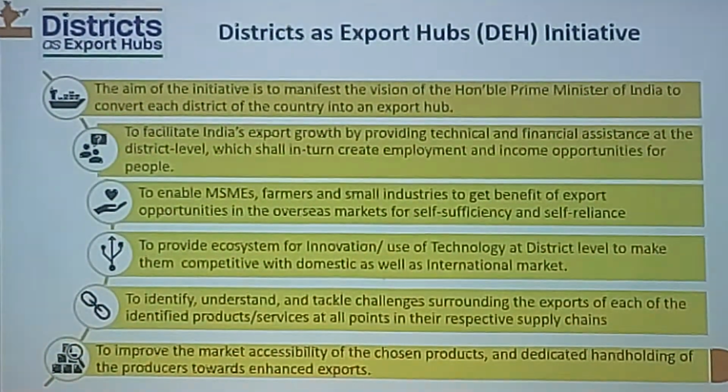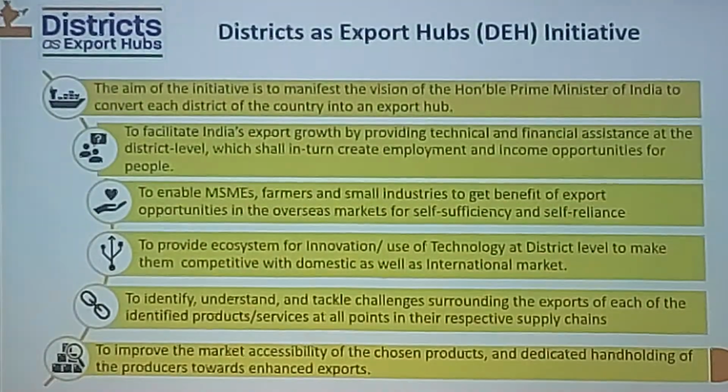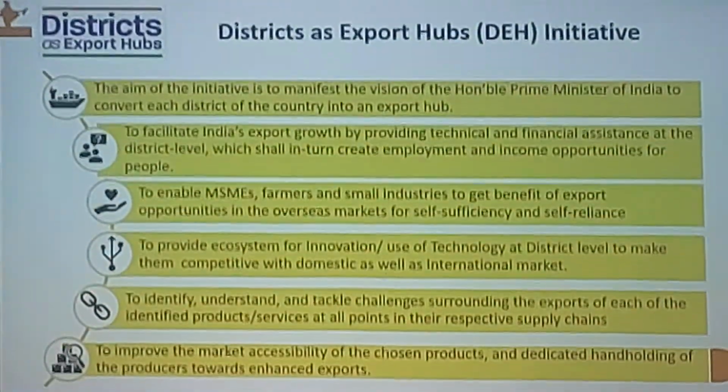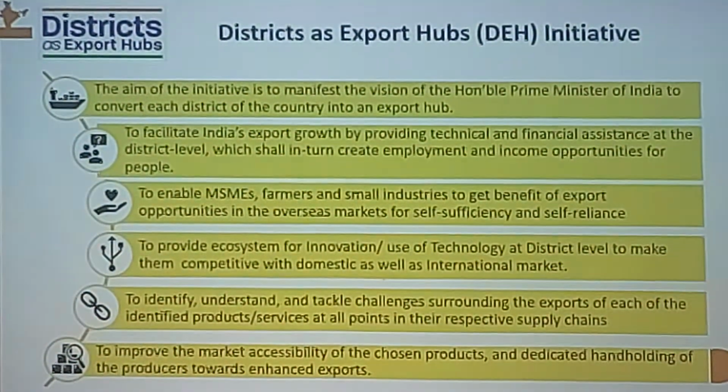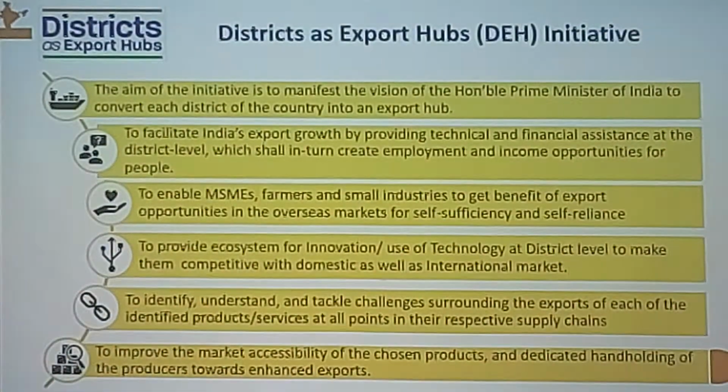Earlier, state governments had their own export policies. Like Odisha has its own export promotion policy, Gujarat has its own export promotion policy, India has its own export promotion policy. So everyone was doing their own job, but it was realized that there is no institutional mechanism of district, state, and central government